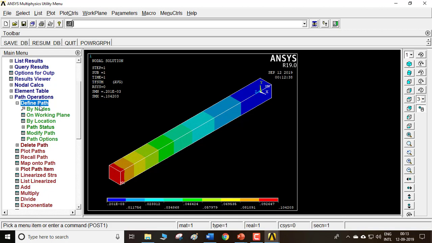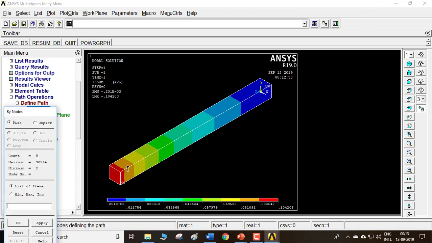So define path. Initially you have to define a path in which you want to see the results. I want to see my results along the length of this fin, right? So that's what I'm going to do. So define path by node. So I'm going to select this one corner node, and I'm going to select this one corner node. I'll click on OK, and